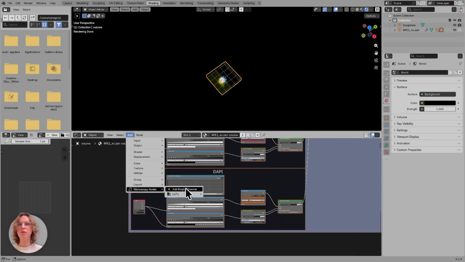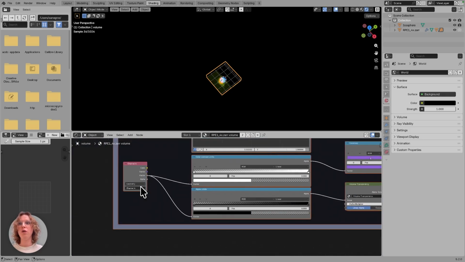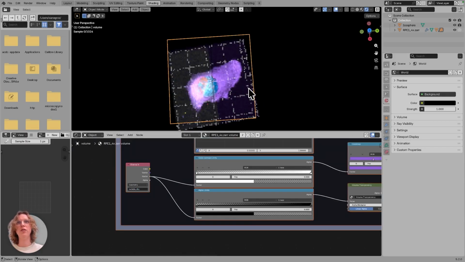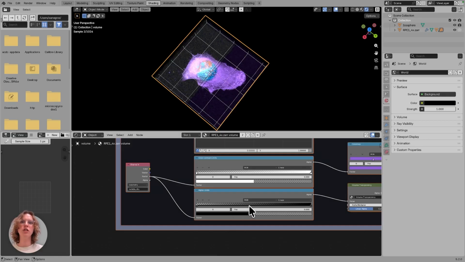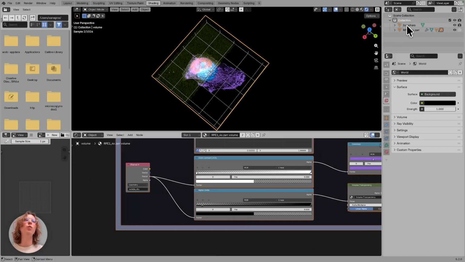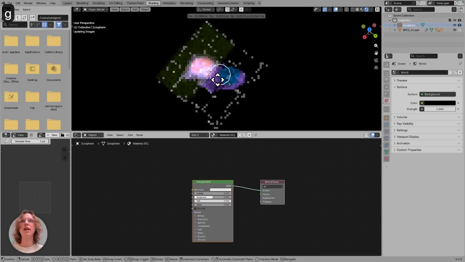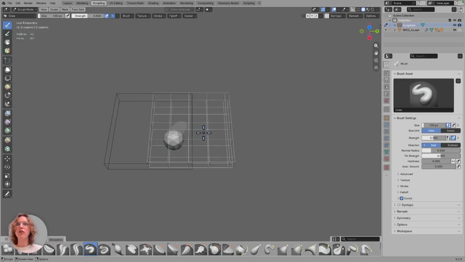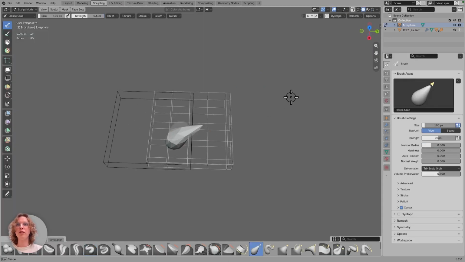under the add menu, an empty channel, which needs to have the same name, outside NHS, as we set in our geometry nodes. So right now we see that we have a purple version and a blue version, which are immediately updated from this mask. And so then we have a mask in Blender, so then we can also start doing things like sculpting that object. So we can start tearing this